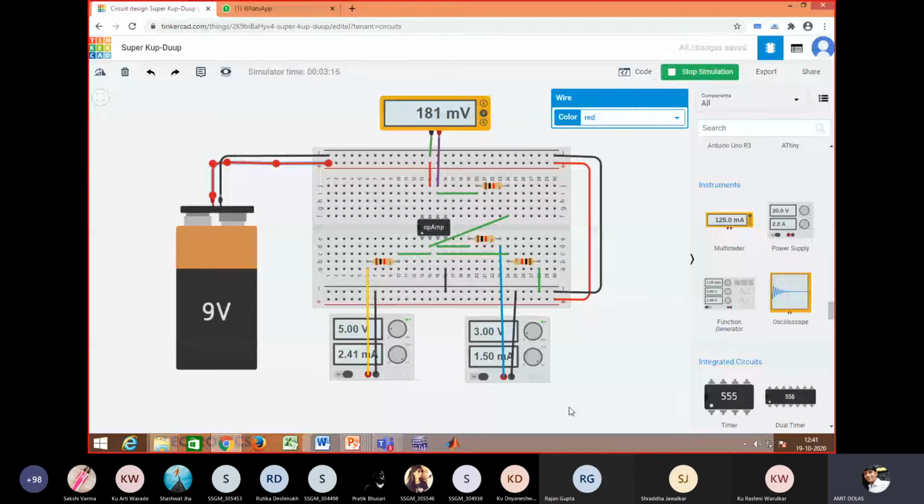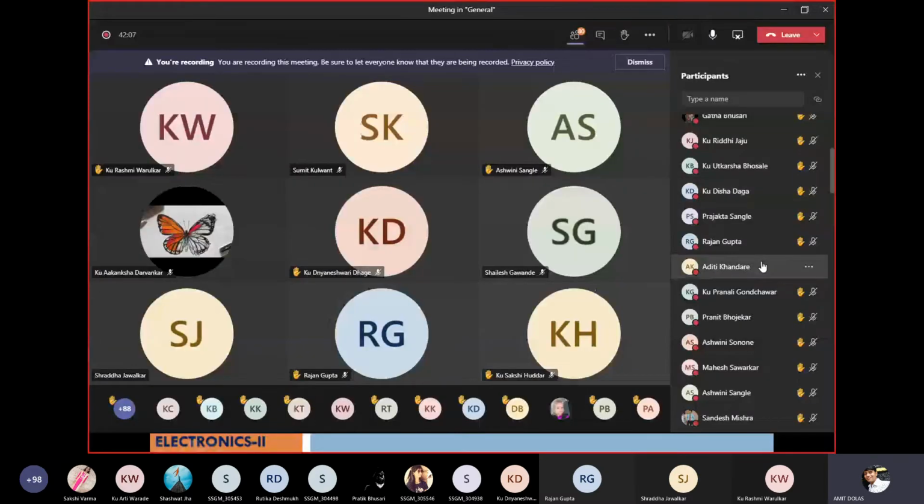Till the time other people may interact, I asked two questions. If the circuit is right, then why are we not getting 3 minus 5 equal to minus 2? And if the circuit is wrong, then what modification is required? A small modification is required here.